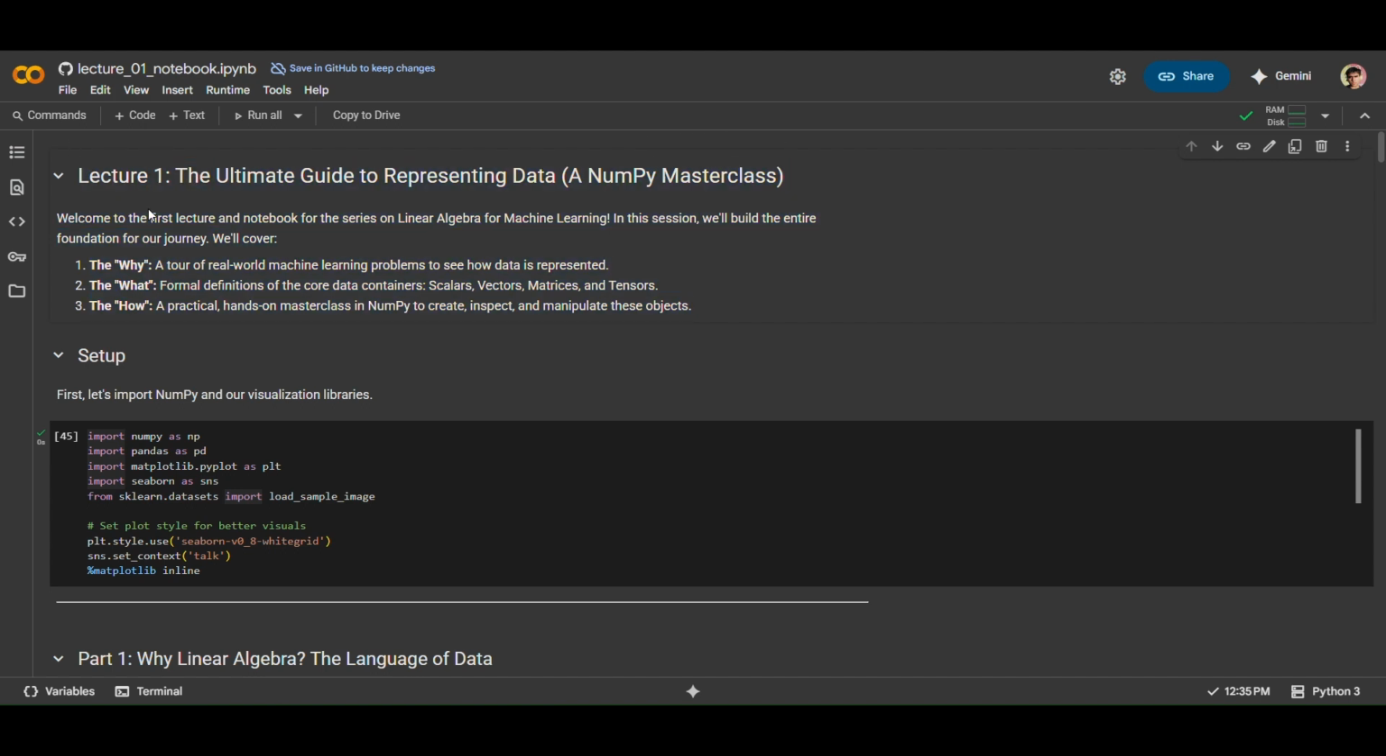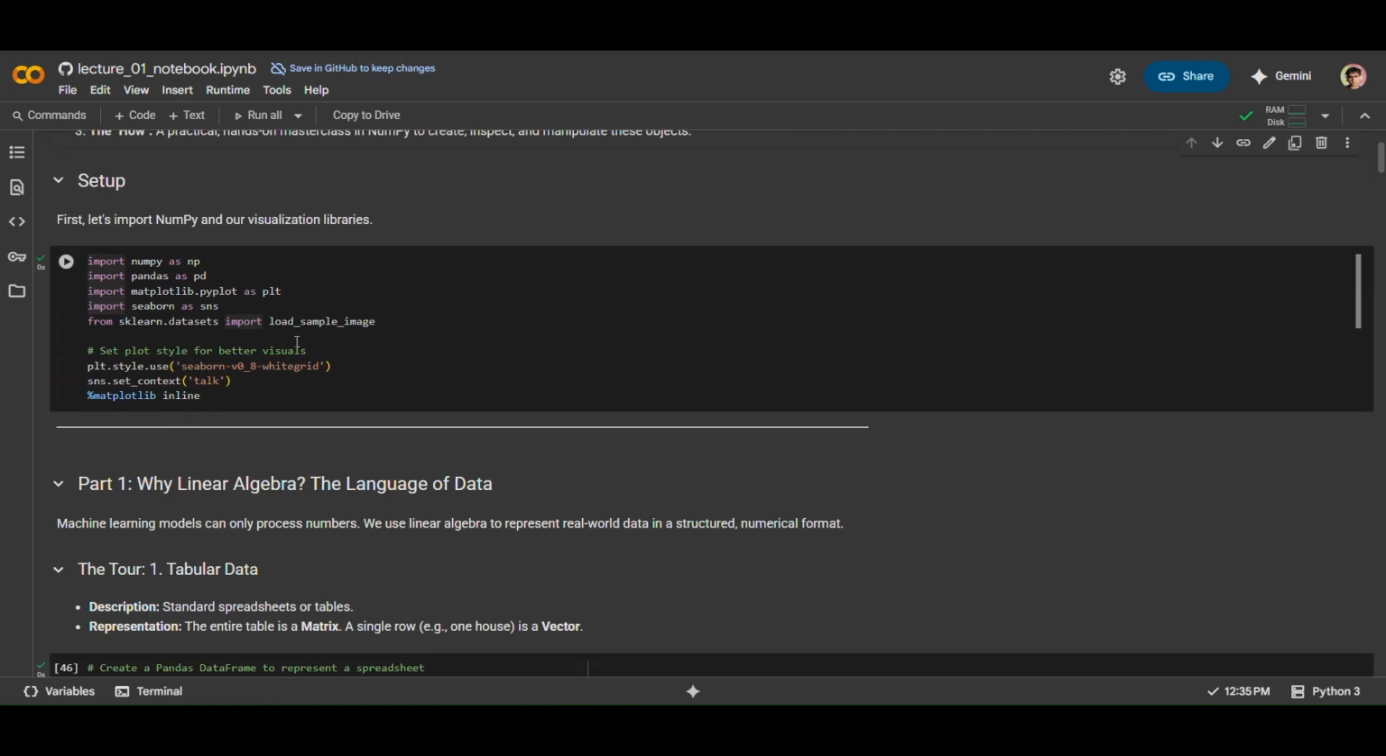Here we are in our Jupyter notebook, which will serve as an interactive textbook for the series. In the first cell, I'm importing all of our core libraries: NumPy as np, which is going to be the main character in today's video, and then pandas, matplotlib, and seaborn. We'll explain these later. Seaborn will help us create some rich visualizations. So if we just run this,